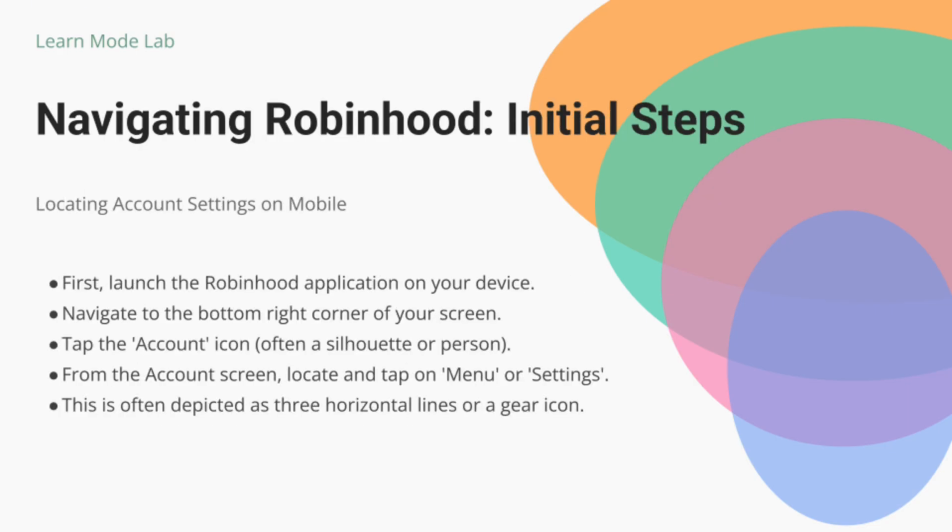First, launch the Robinhood application. Navigate to the bottom right corner of your screen. Tap the account icon, often represented by a silhouette or a person. From the account screen, locate and tap on Menu or Settings, sometimes depicted as 3 horizontal lines or a gear